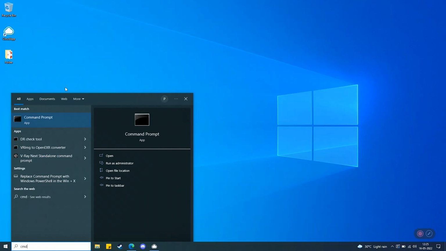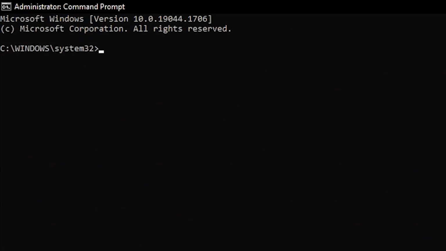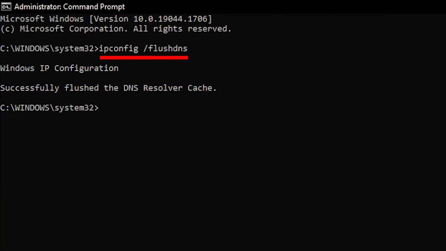On the Start menu, search for Command Prompt. Then right-click to select Run as Administrator. Once a new window opens, type in the commands below. Then hit Enter. Open the browser to see whether the error message is still